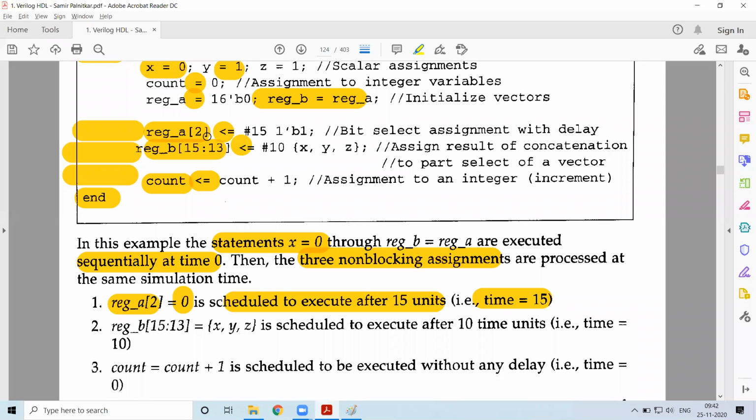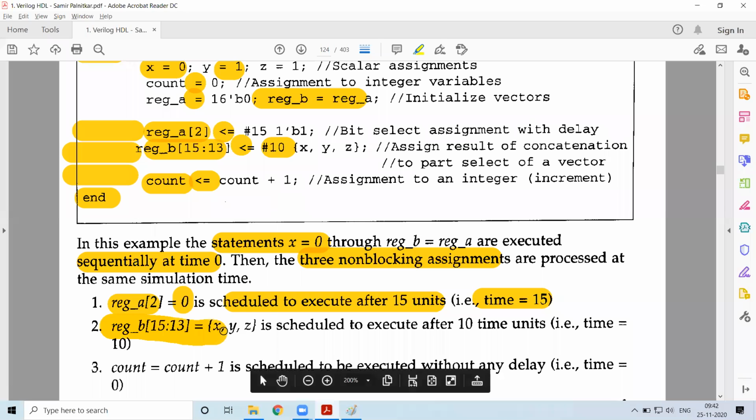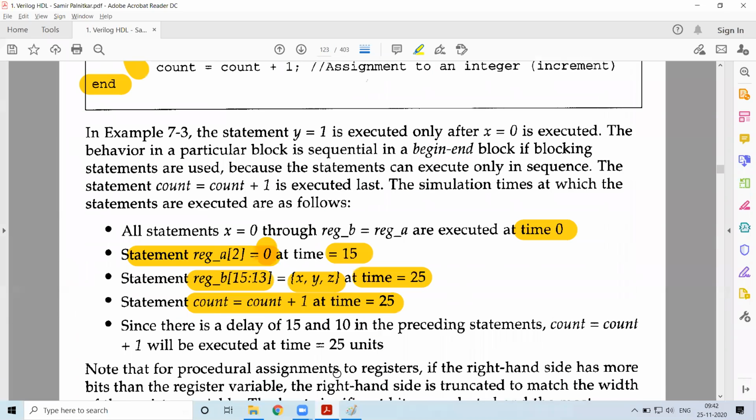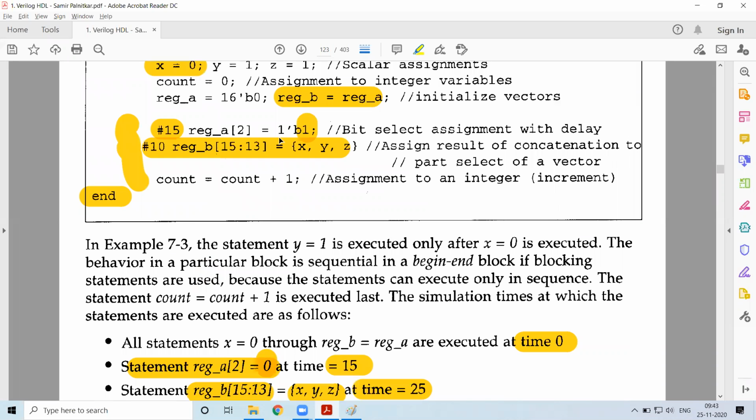bit gets updated. Now at the same time, this is also actually being executed. But what happens is it gets updated after 10 time units. So the execution happens after 10 time units. Whereas in the previous case, what was the case? It got updated when? So here we can see that after 15 time units, it got updated. But here, if I just observe, since this is a blocking statement,